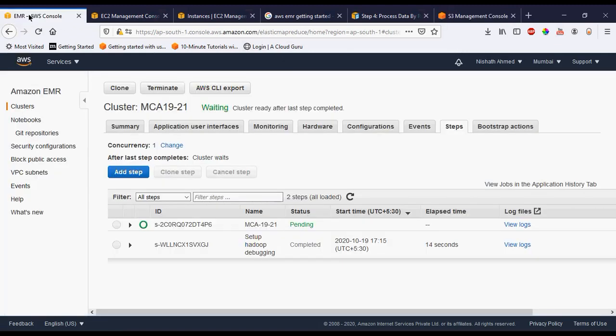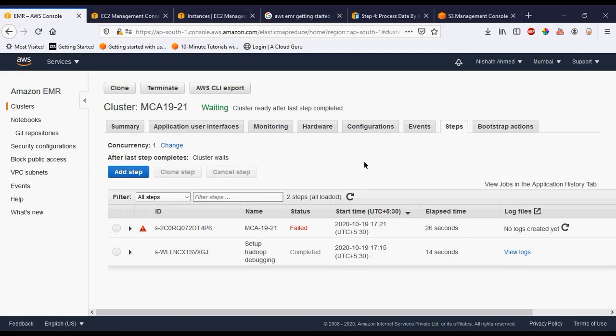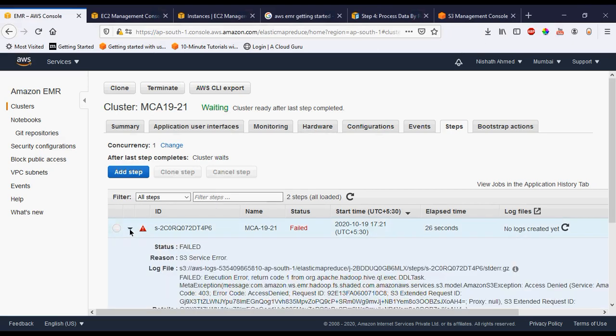Still the process is running, it seems. Still it is pending here. Seems it has failed for some reason. All you need to do is refresh this log. You should know why it has failed. You happen to see here